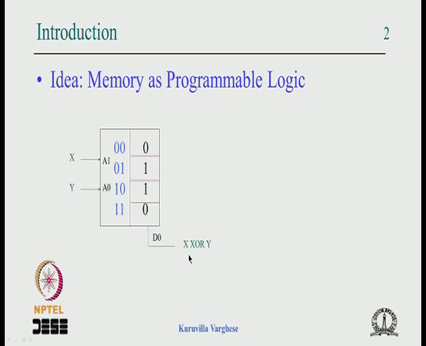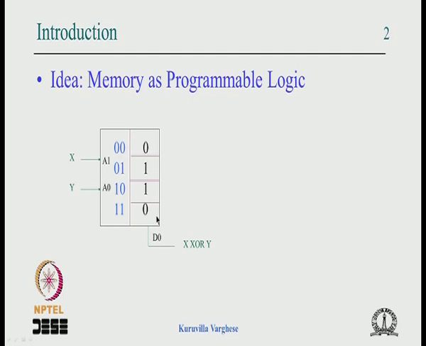That's a basic idea, and we take a two address line memory. That means 4 locations, so we take a 4 into 1 memory, and you know that there are 4 locations. When the address line is 0 0, the 0th location is selected; 0 1, the first; 1 0, the second; and 1 1, the third location. So internally there is an address decoder, and depending on the value you put here, the appropriate location is selected,